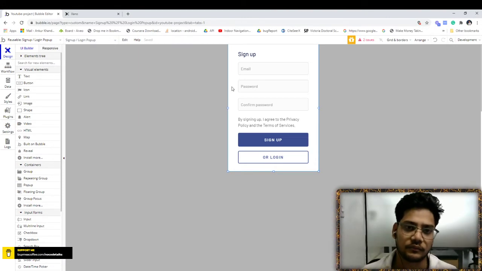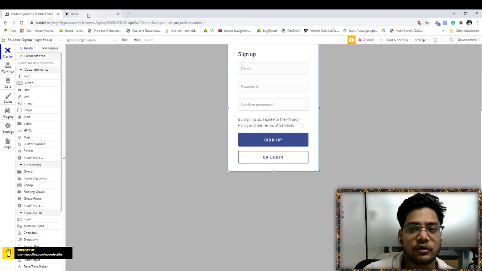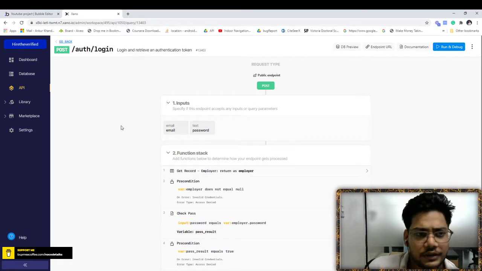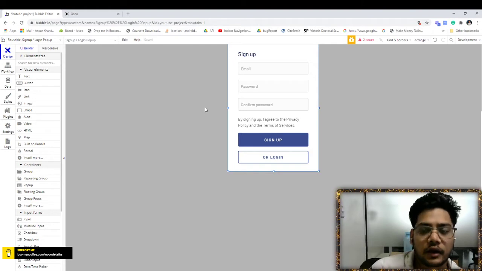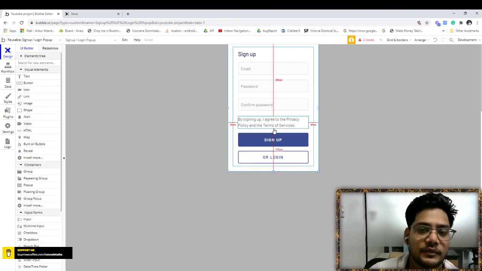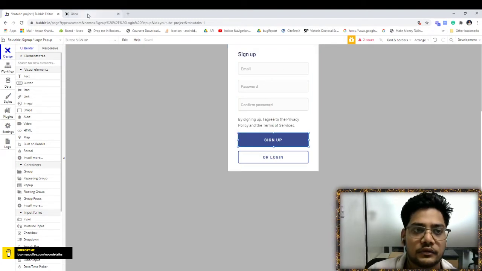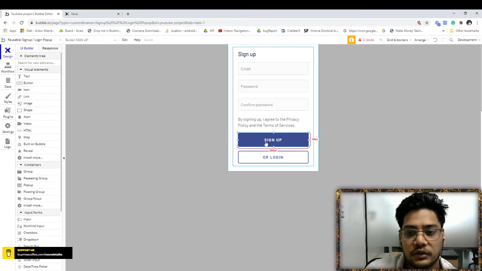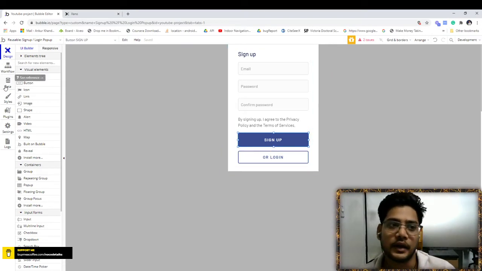For this example, I am working with Xano. Xano is also a no-code tool to build an API, and it is pretty robust, and you can do anything. I am trying a lot of things and I am able to do them successfully. For example, this is a sign up, and you want to call the sign up API. It is as simple as adding an API.